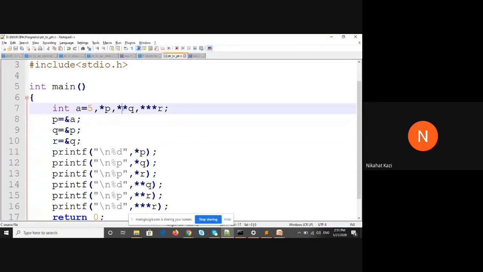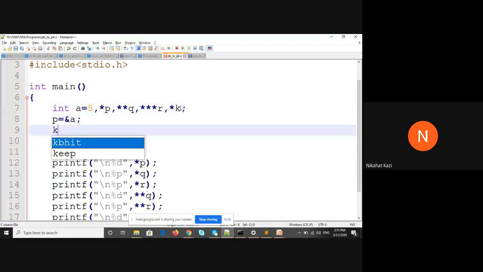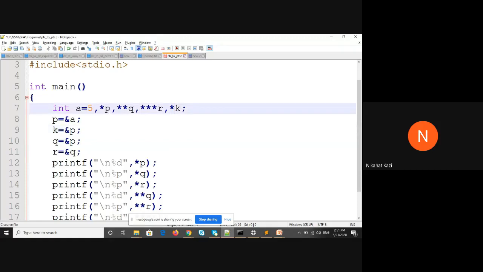Only thing is, you have to be careful. I cannot have something like this. I cannot have a single star k, and say k is equal to address of p. This is invalid. Why? Because the type of this and the type of this is the same.